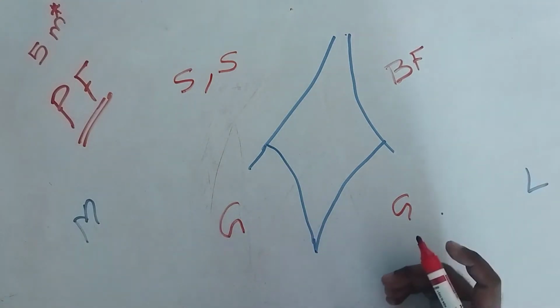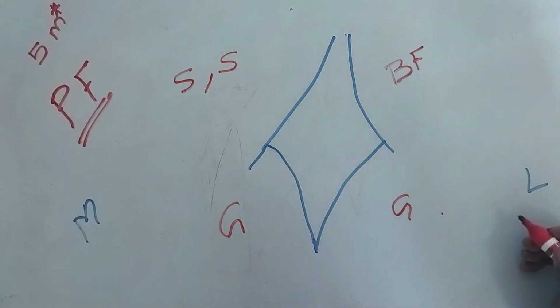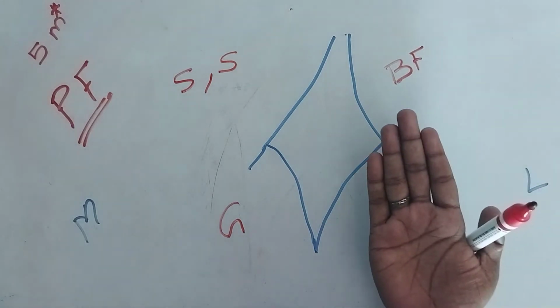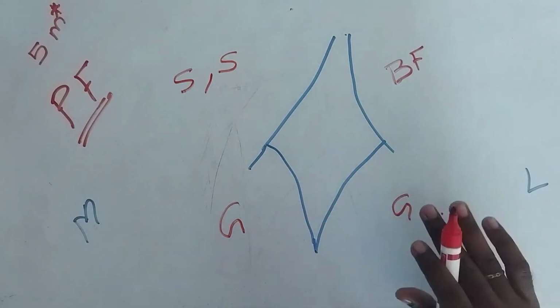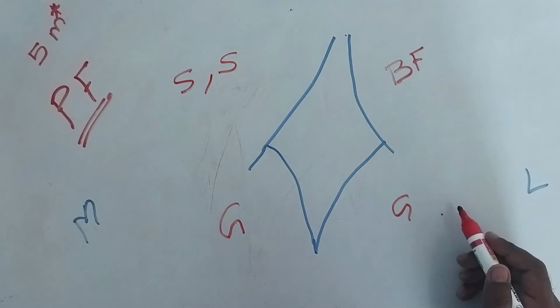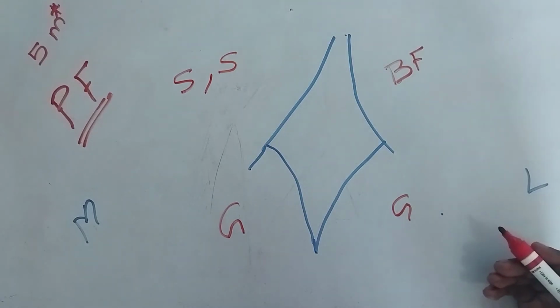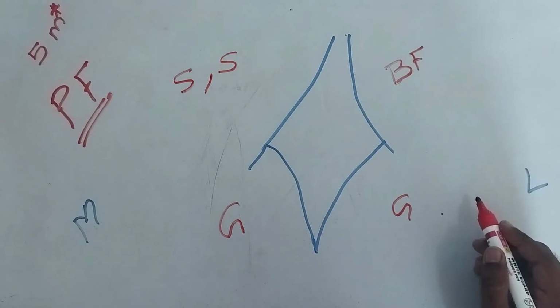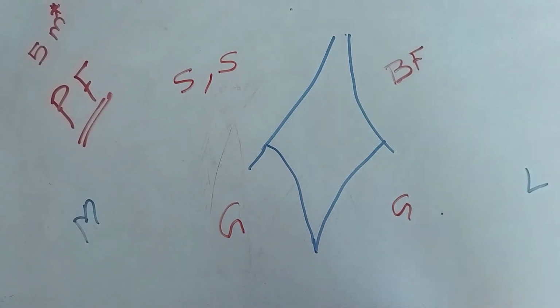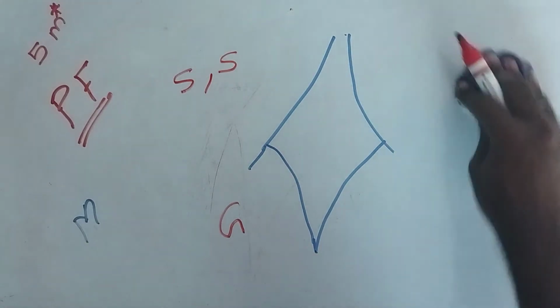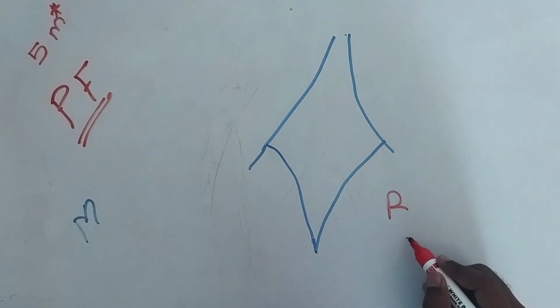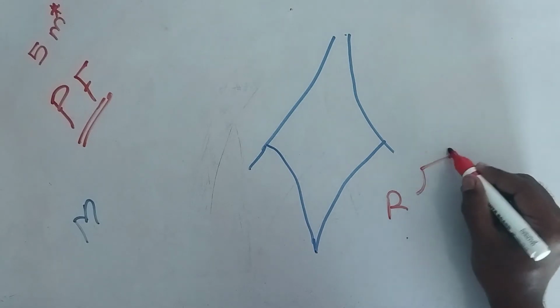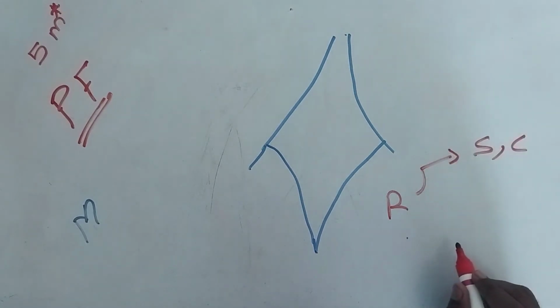These are the boundaries related to the popliteal fossa. Now coming to the roof, the roof of the popliteal fossa is formed by deep fascia. Roof is at the upper side and floor is at the lower side. The superficial fascia over the roof contains the small saphenous vein and cutaneous nerves.